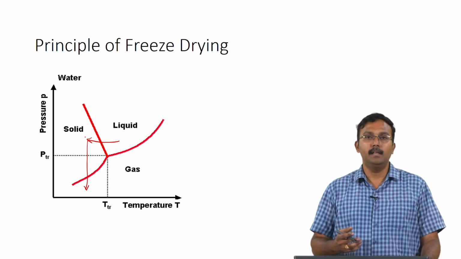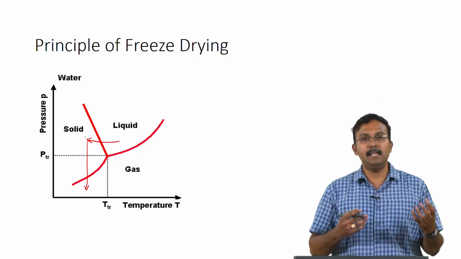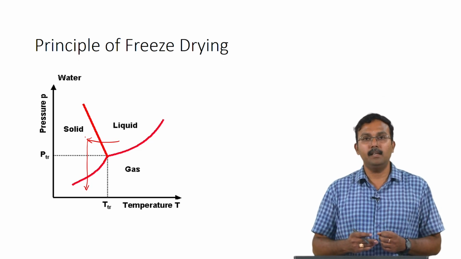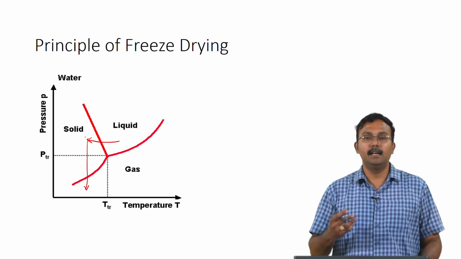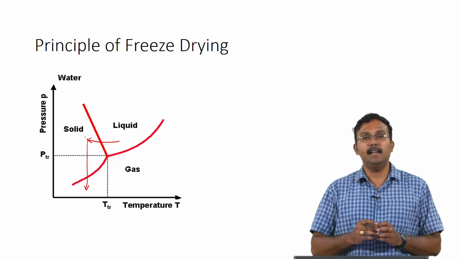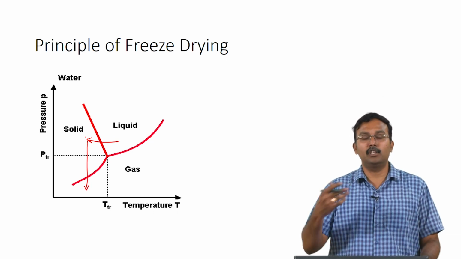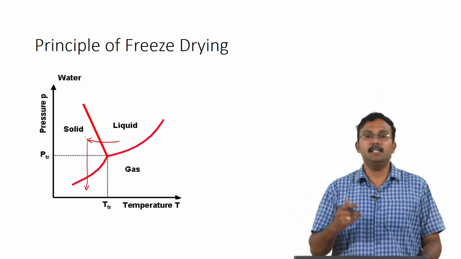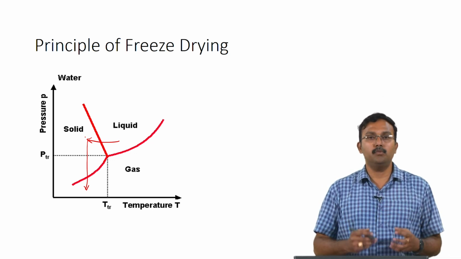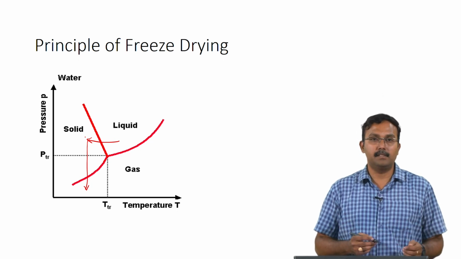So, this way you are creating what you would see with salt leaching or gas forming techniques. What you have done here is you have created ice crystals within the polymer blend, and this ice crystal is then sublimated, causing something like a gas forming effect. So, this results in the formation of highly porous structures. This is one of the most commonly used methods for forming scaffolds.